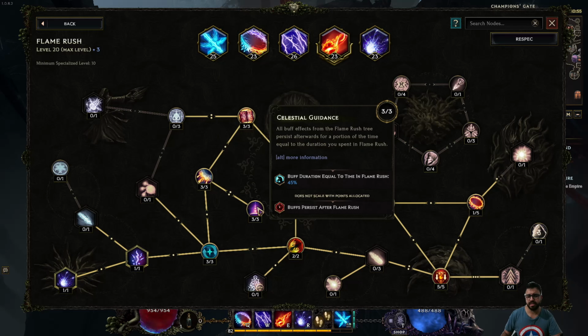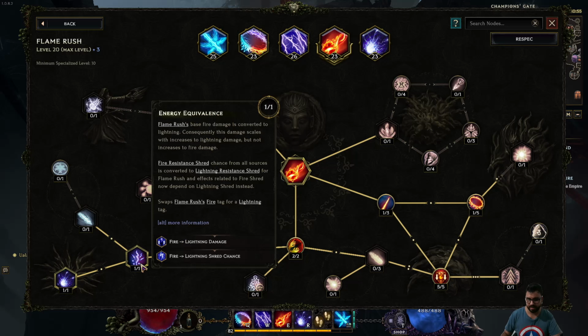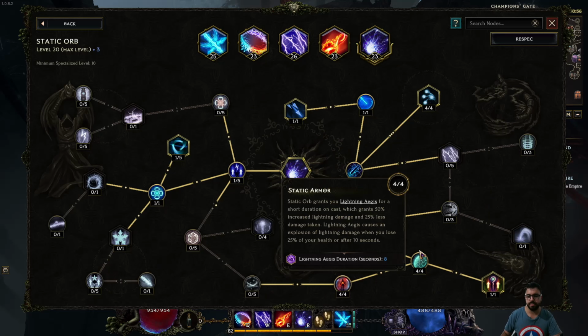It gives me a buff so this defense lasts longer. And then I came here to shred lightning resistance. And then I put it to cast Static Orb. Static Orb gives me the lightning ages. And this is very cool because it gives me for 8 seconds. Lightning ages reduces my damage taken for 25% and gives me 50% more increased lightning damage